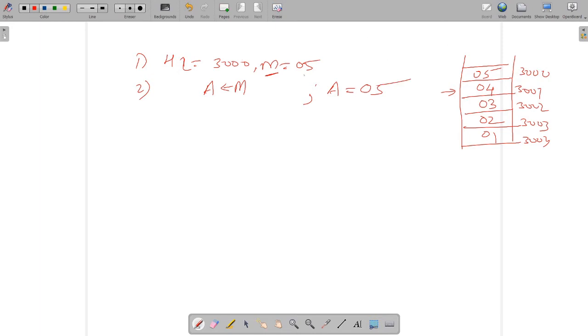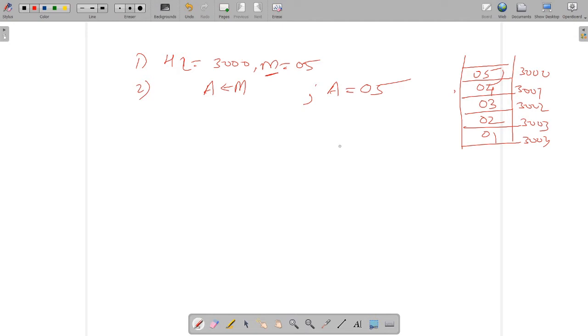Now the memory has the same value as the accumulator. But we need two different values, because you have to compare 05 with 04. So how are you going to do the comparison, and how will you take the second operand?